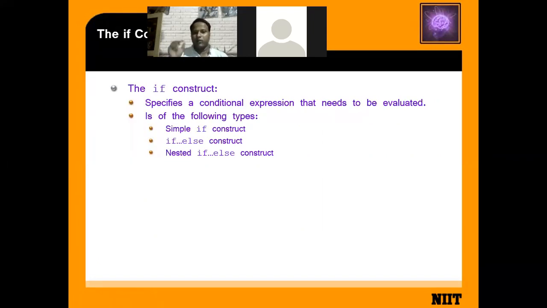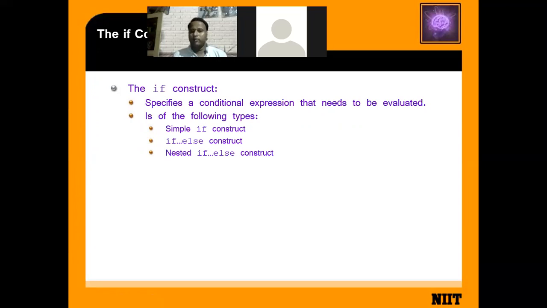Now the if construct specifies the conditional expression. For the conditional expression, it contains three parts. One is the simple if construct. There is no else block. Means if your condition is false, nothing will be displayed. If your condition is true, then the if block is executed.